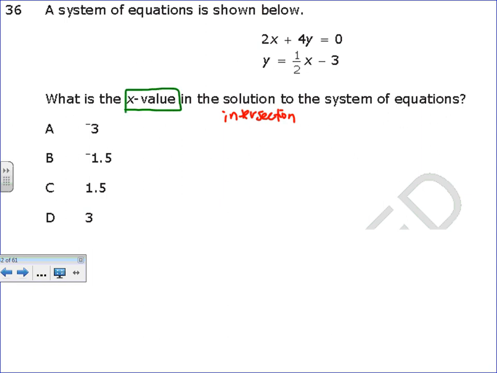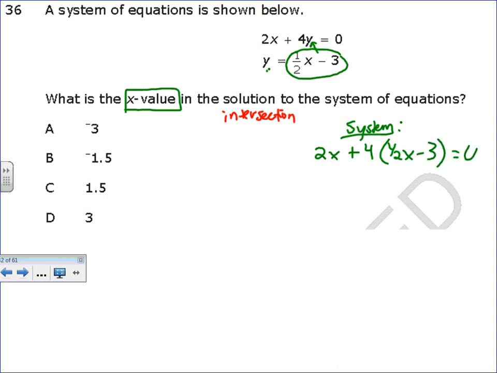Okay, so these two lines are going to cross. I want to know what's the x value of where they cross. So using the systems of equation algebra way, because I have a variable by itself right here, I'm going to use substitution, which means I'm going to plug all of this in for y. So I have 2x plus 4 times 1/2 x